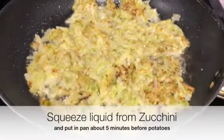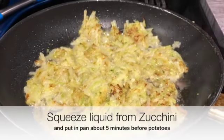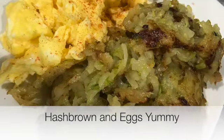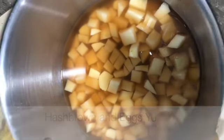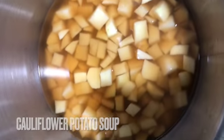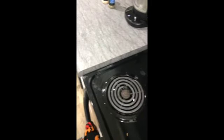Okay, I made hash browns, yummy hash browns. So the thing for you, if you want to be a little healthier, not quite so much starch in your hash browns, half zucchini, half potato. Potatoes and broth. I'm using chicken broth because that's what I got, not veggie broth. And what else do we have? We have some garlic powder because I don't have regular. I don't have parsley, but I got that. I'm doing a jalapeno and some carrots and some cauliflower and celery and an